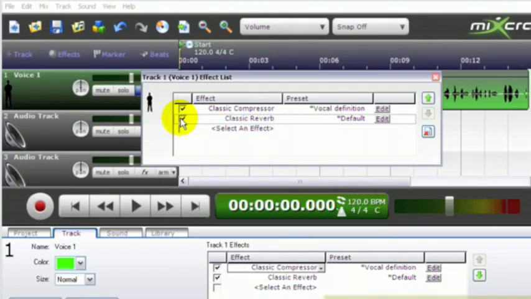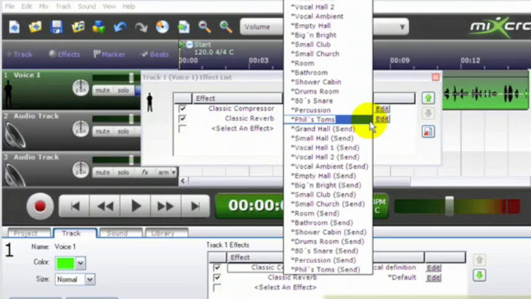It checks the box for you automatically, and it says default, but I'm going to click something different. If you click on the drop down for the types of classic reverb, notice there's all kinds here. Because I am a singer, I use several of these a lot when I use Mixcraft. I certainly use the vocal ambient many times, but just for purposes of this, let's say I'm going to use